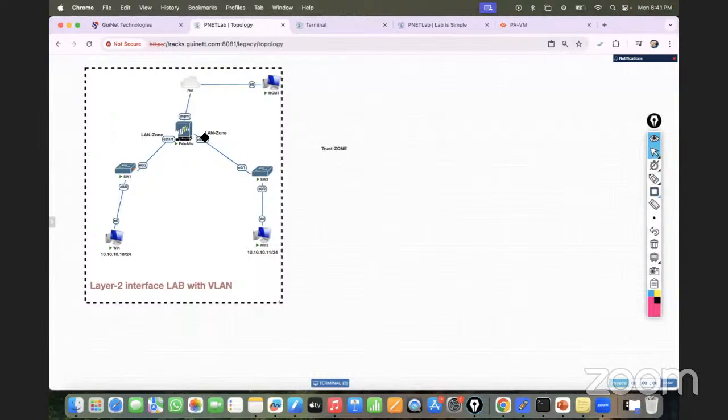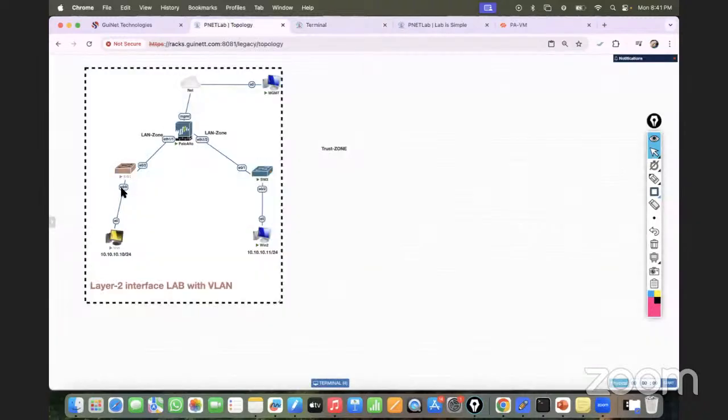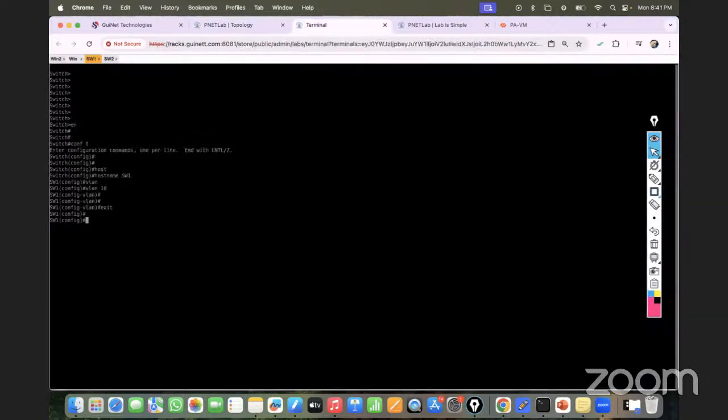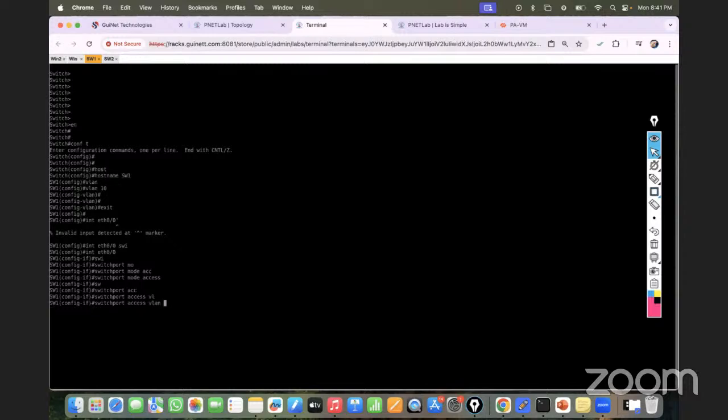So what I'm going to do is take VLAN 10, and considering VLAN 10, I'll do the configuration of VLAN 10 on the switch. Now simply I'll change the host name to switch 1, and I create the VLAN, that is 10, right? And after creating this VLAN, I'll go on these two ports, that is 0/0 and 0/2, right? So simply I'll go in the interface Ethernet 0/0, and I'll assign